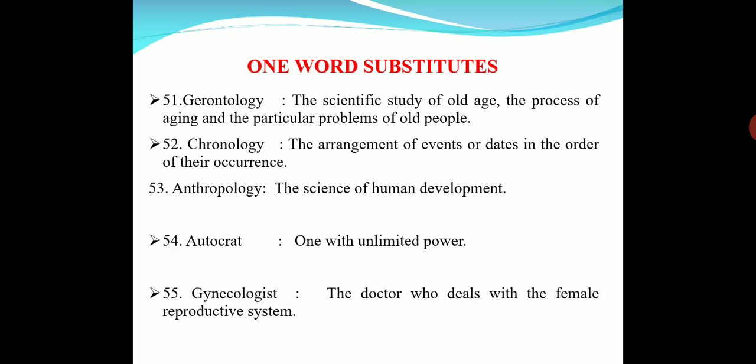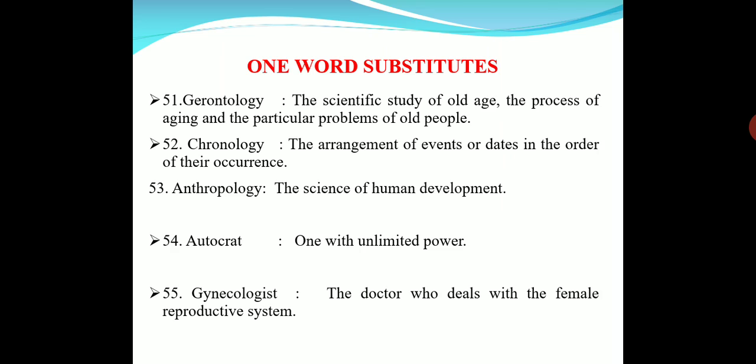Autocrat means one with unlimited power. Generally, if there is a monarch, a king, where no one is to question him, then he has autocracy. He has unlimited power. In the same way, dictators like in China, Jinping, he's a dictator. Nobody can question him, so he's an autocrat. But in a democracy like India, it can't be. Everybody questions the politicians, even if he is a prime minister or chief minister, several people question them.